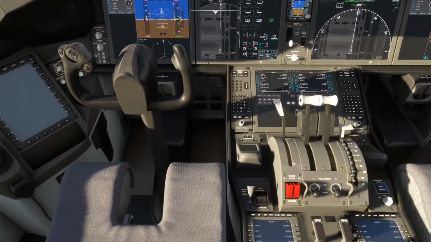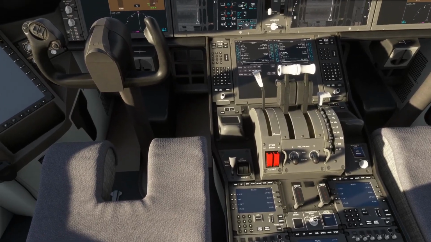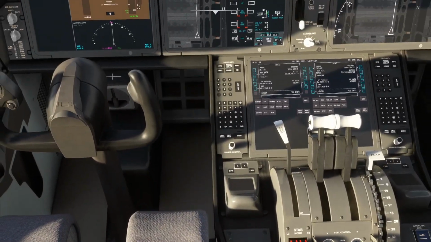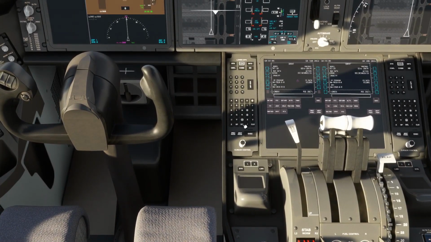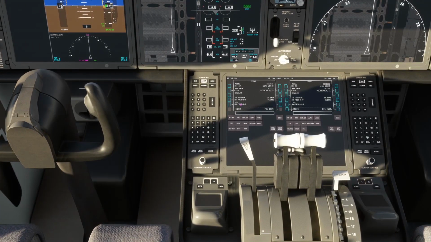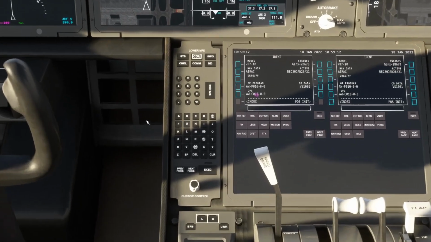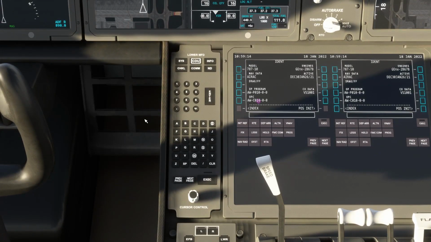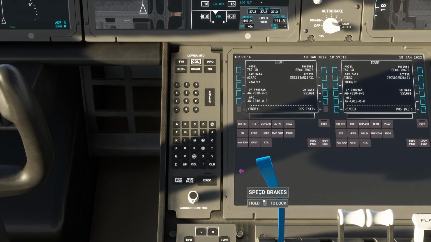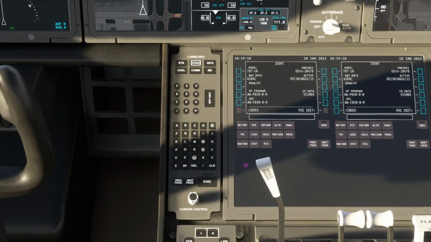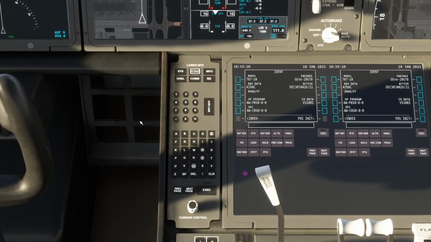So this is the FMC. Okay, very nice. It's got a touch screen plus a scratch pad, so it's really good. You can use either of the options. Sorry, I have to put the throttle in the idle position. It's only the speed brake just keeps on coming in between. Anyhow, so this is the FMC,